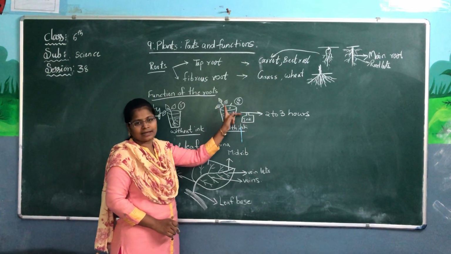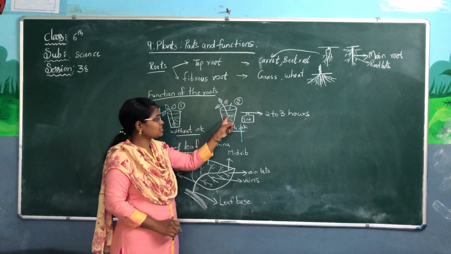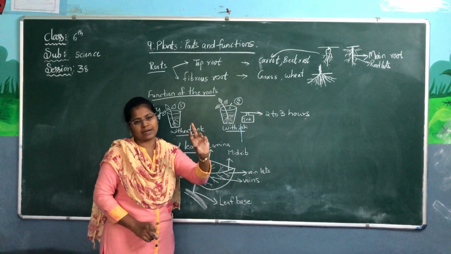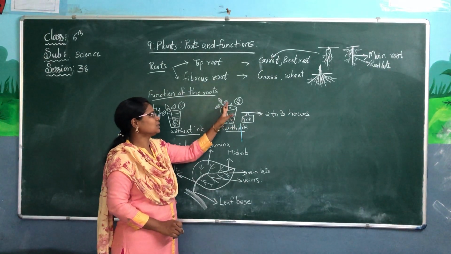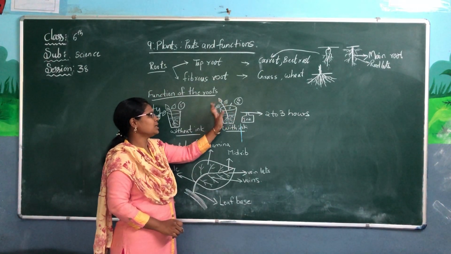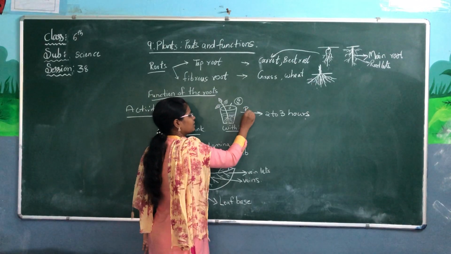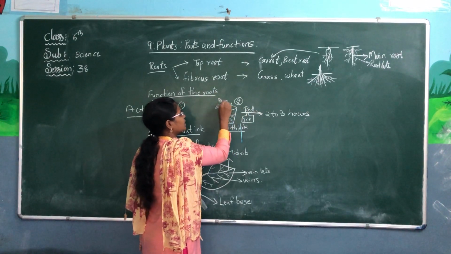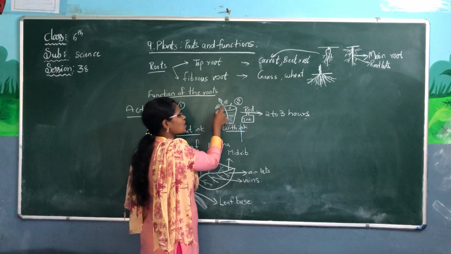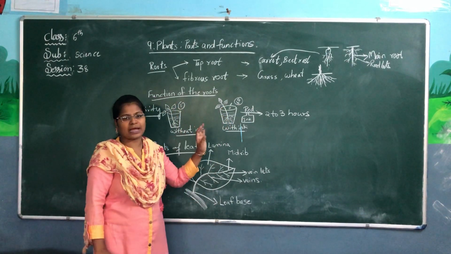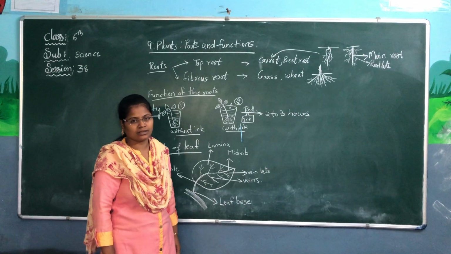If you want to see the color differentiation properly, you have to take a baby plant. It will be visible clearly. You will observe the color stains. I am taking red ink here. You will see red marks on the leaves and also on the soft tissue of the plant. By this, what are you observing?